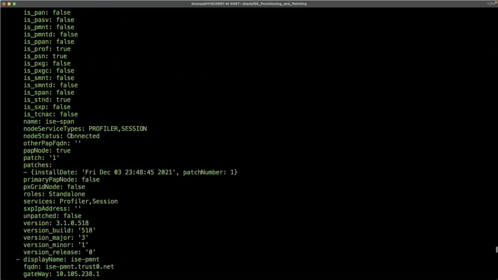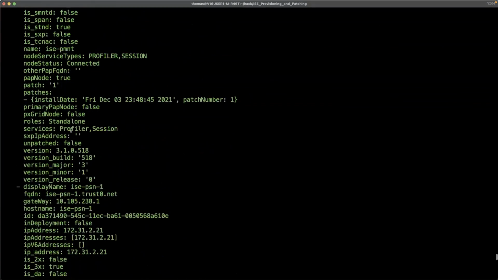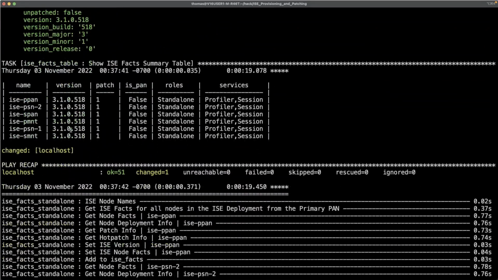Yeah, there's the SPAN, primary M&T node, right? So you get the idea. And then here's a nice little summary of everything. So again, this is all standalone, hasn't been configured in a deployment, so the name doesn't quite match the roles and services yet. So first we're going to patch all this, bring it up from patch 1 to patch 4, and then we can go ahead and assign everybody their roles and services in the deployment. So with that,